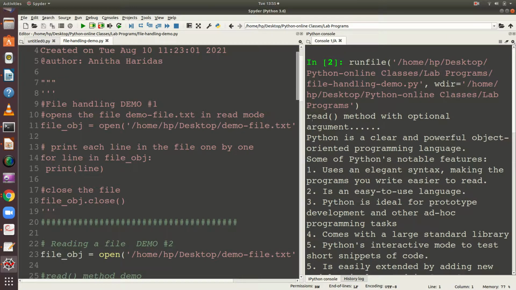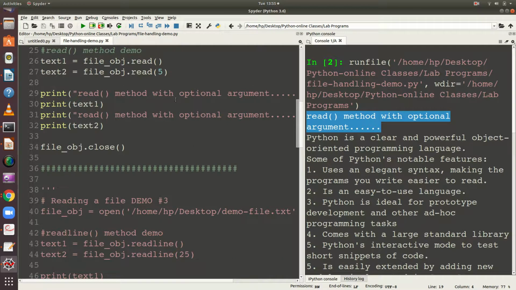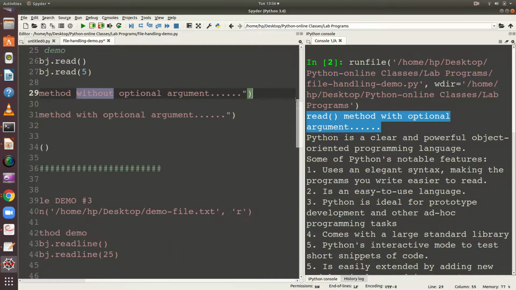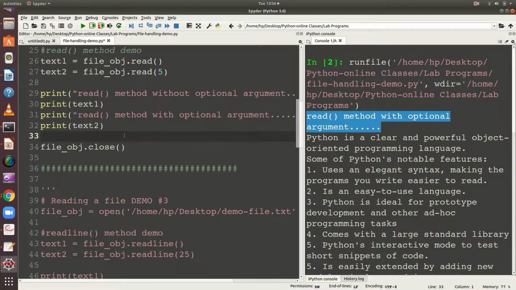So the read method without optional argument, correct? The first one is without optional argument, and the second one with optional argument, right?